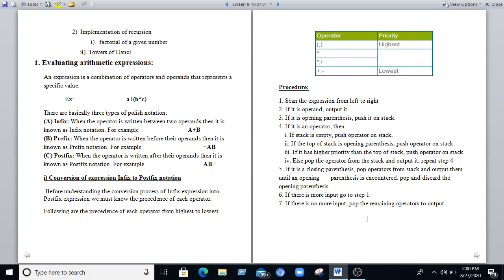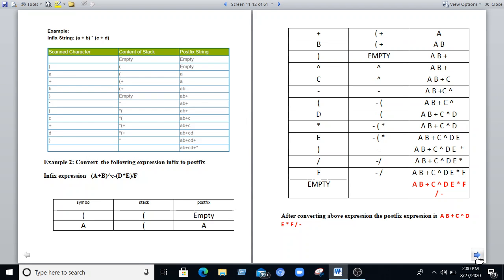If there is no more input, pop the remaining operators to the output, because we are doing the infix to postfix expression. We can do it like this. This is the first example, and this is the second example. We scan the characters.